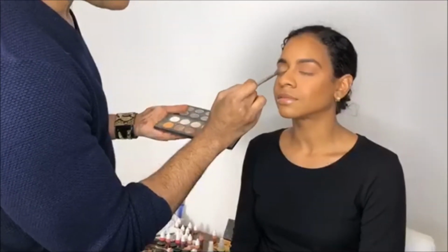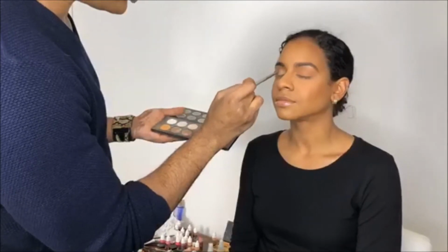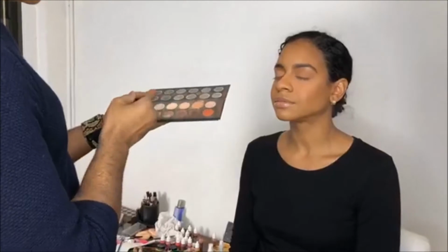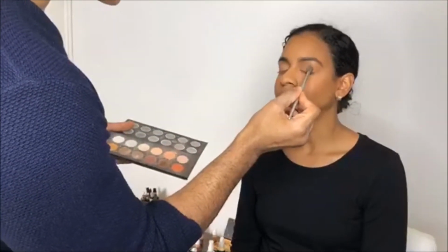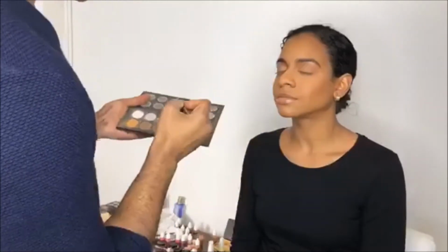Okay? So by bumping up the lid, we're further creating dimension. Because the lighter colors pull forward, that's right. Darker colors draw back. That's right. And you are correcting textural issues that the lid has as well. You're further